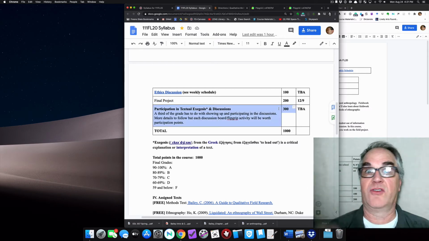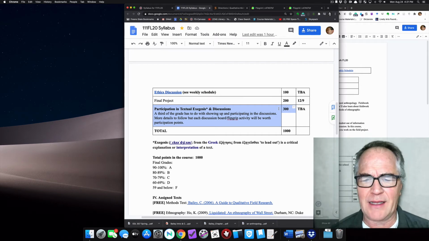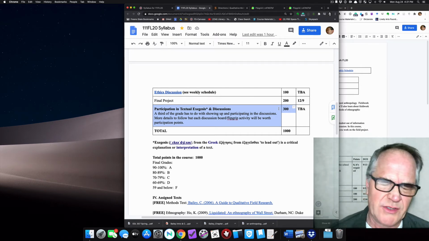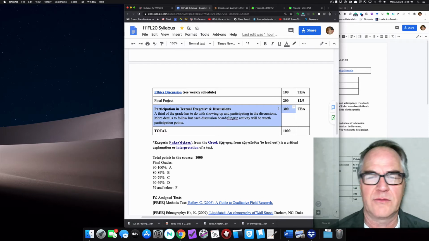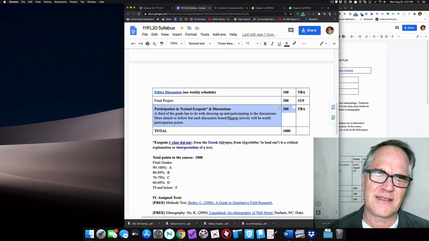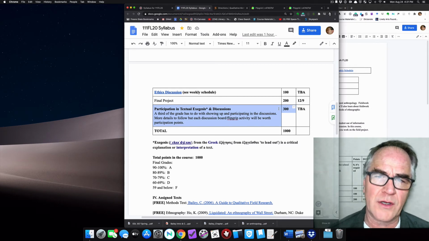A third of your grade is participation. That's a shocker. Normally that's like 10%, and I've shifted it radically in relationship to this whole thing. Basically, it's going to mean, are you there? Are you talking? Are you participating? Or are you just writing it in, as it were? So there'll be listserv regular discussions where you write text, Flipgrid discussions where we talk.